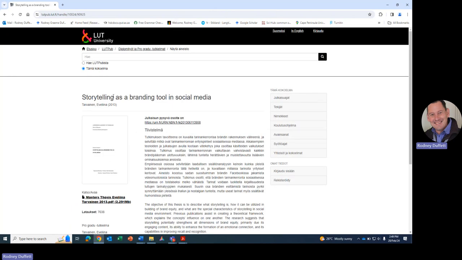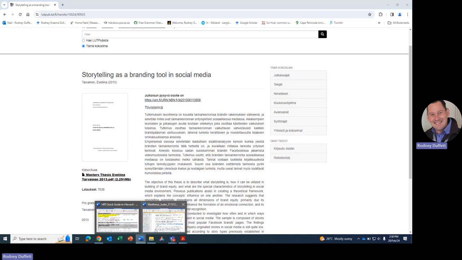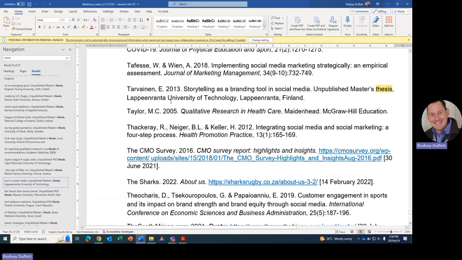And there you go, storytelling. It actually gives you there. It says master thesis. And if you click this, you can get the thesis and then you can get your other information. Sometimes you have to actually look where the university is. So if we go here and you don't know where this university is, they don't tell you it's in Finland,